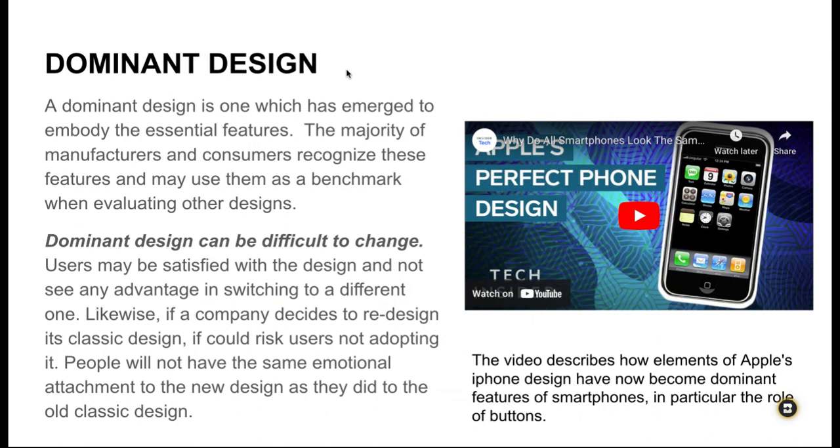And then the final concept we should talk about in the context of a classic design. Not all classic designs will become dominant designs, but some classic designs will become dominant designs. And a dominant design is one that is kind of optimized for consumers to like it. The classic example here, and we'll watch this video in class, is the iPhone. Before the iPhone came out, portable mobile phones had all kinds of different looks. And then the iPhone came out, and it was so perfectly what consumers wanted that all other phones and competitors to the iPhone that have come out basically copy the iPhone's form factor,